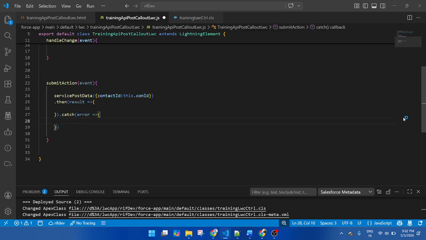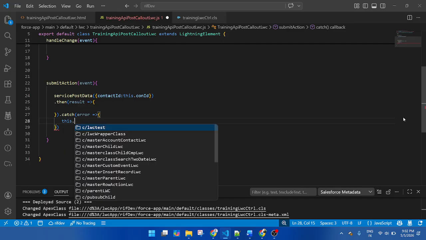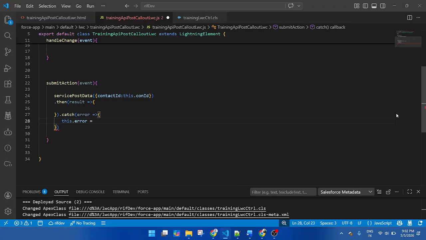If any kind of error occurs, I will store the error value inside this variable: this.error equals error.body.message. Use console.log, then custom error, this.error.